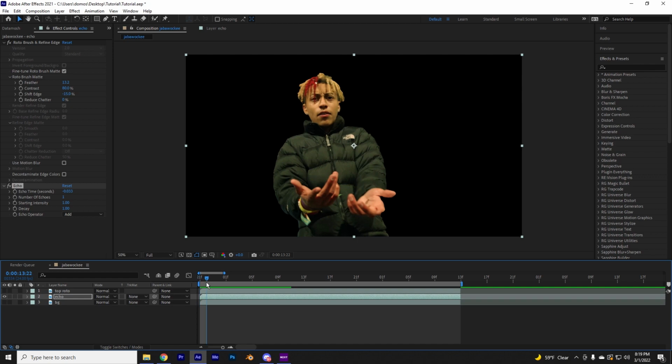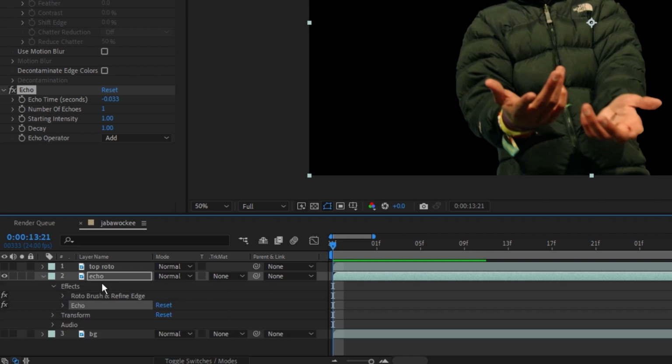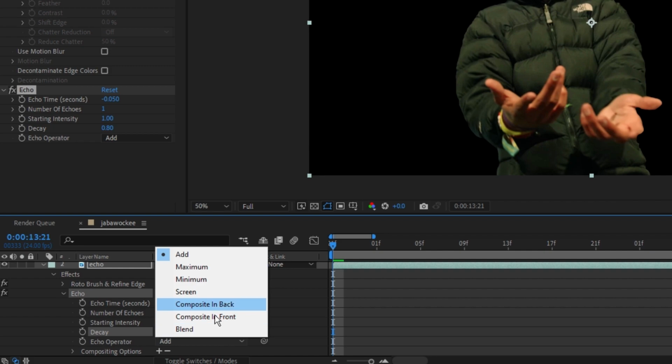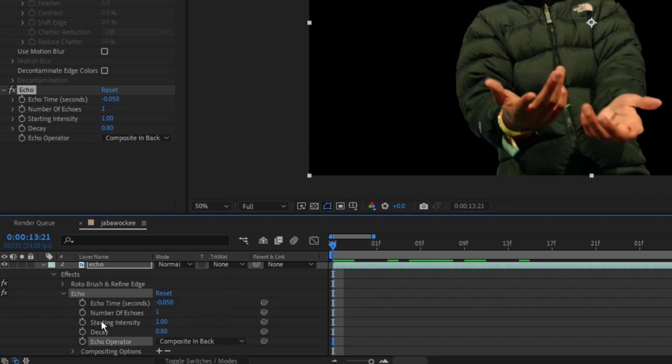So what you're going to want to do is start at the beginning of your clip, the very first frame, just drag all the way to the left, open up this second layer here where we have our echo, and then open up the echo settings, and right here where it says echo time in seconds, you're going to want to type in -0.050. So right here you'll have -0.05, and then on the decay you're going to make this 0.8. Echo operator, you're going to want to do composite in back, and then where it says number of echoes